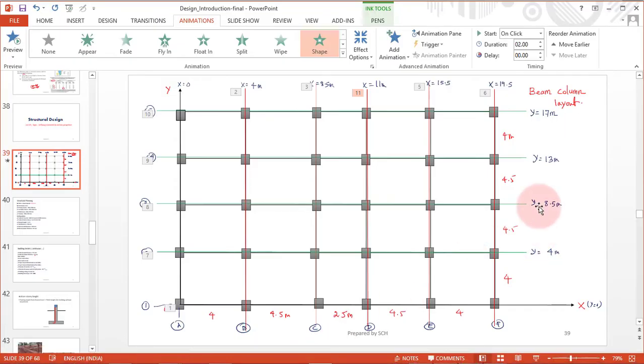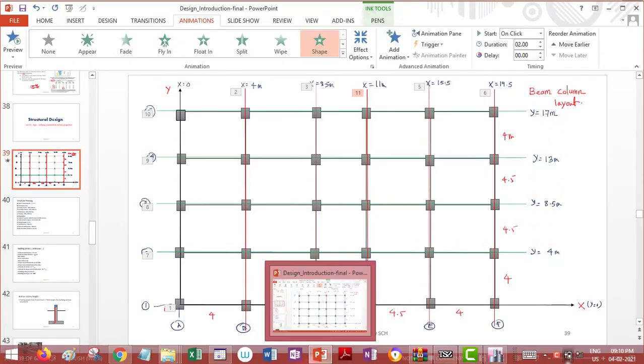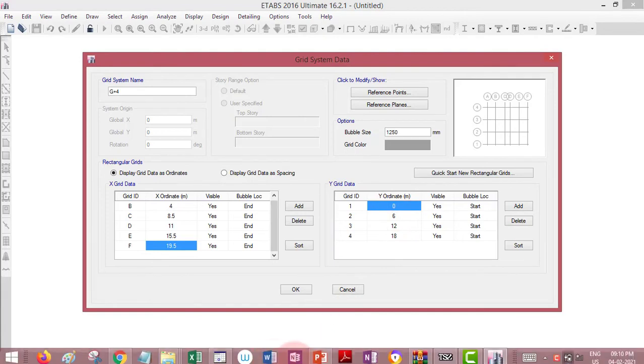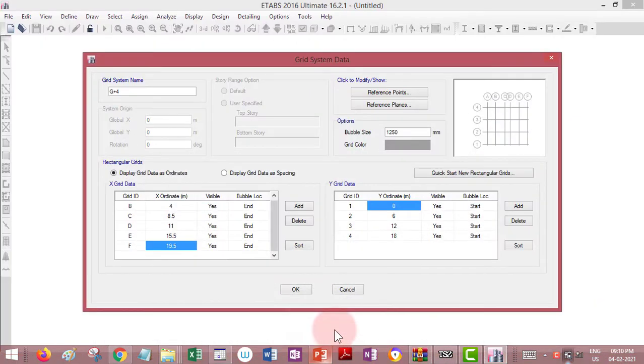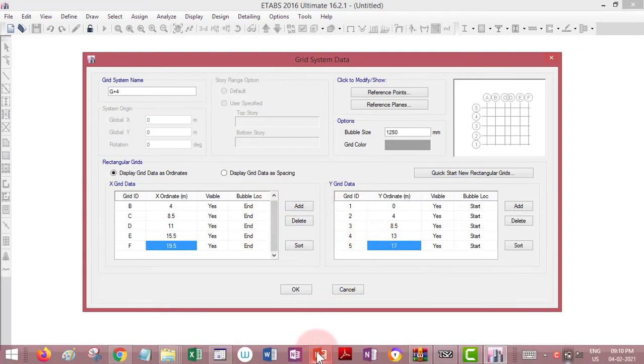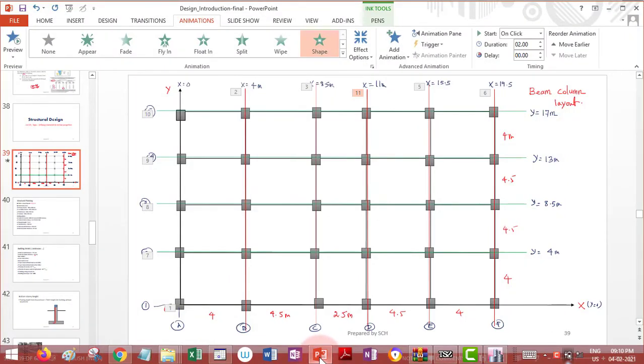So y equal to 4, 8.5, 13 and 17. So these are the grids along the y direction.